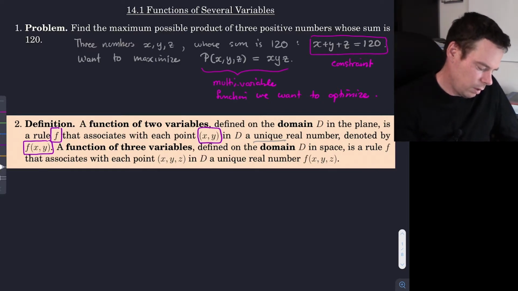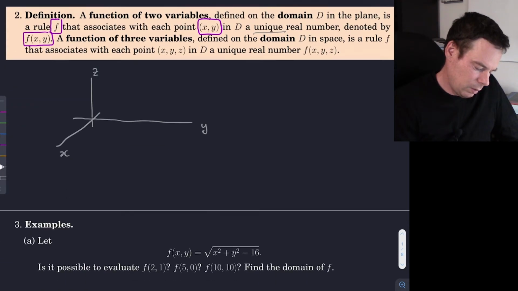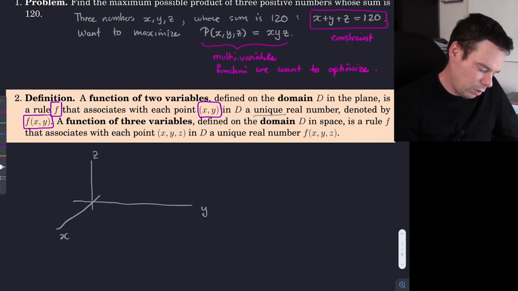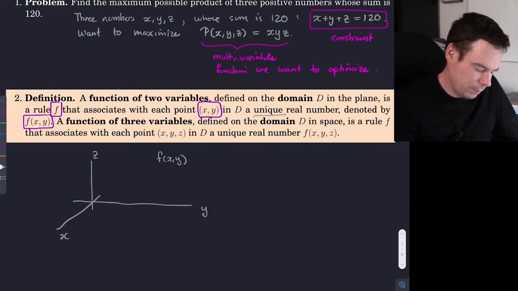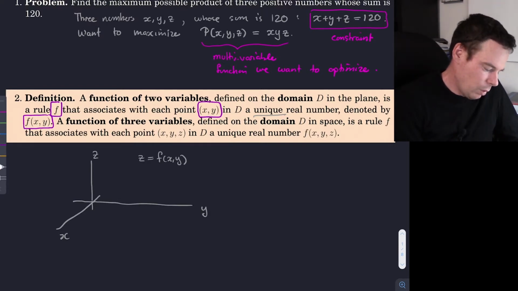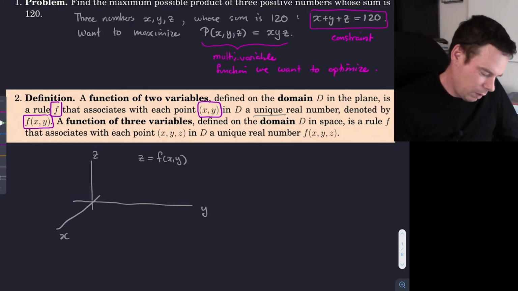So here is a picture to have in mind when we want to visualize this. This will be our picture for our function of two variables. So let's say we've got a function f of x, y. So x, y goes in. This is the value that comes out. The value that comes out we will assign to a third variable z. What is this domain D in our picture? That's the set of all x, y pairs that we can put into the function. That's going to be some set